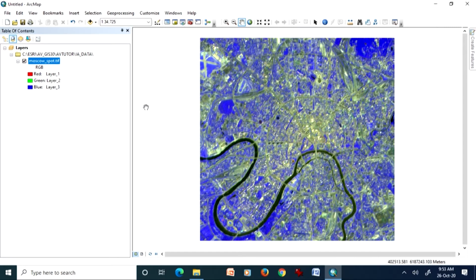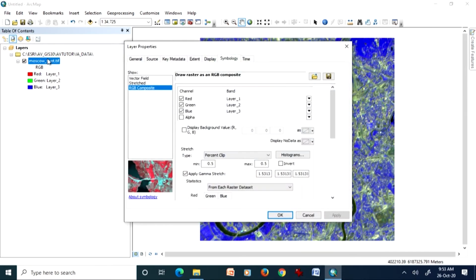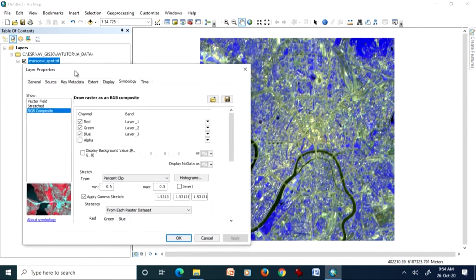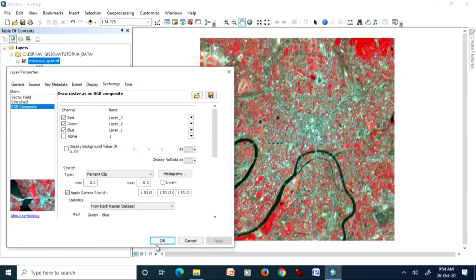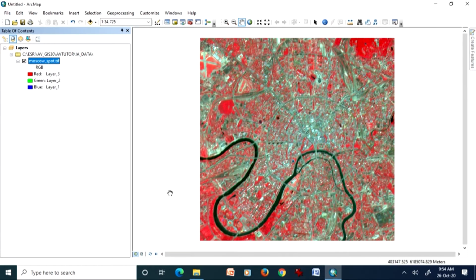assuming that the first channel is, because this is a color composite, definitely 3 bands are being used to create it. The system is assuming that the first channel is bearing the infrared band, whereas we know that it is not, and that is why it is appearing blue. So, if we change this one to 3 and blue to 1, and apply this, now it is a standard false color composite.